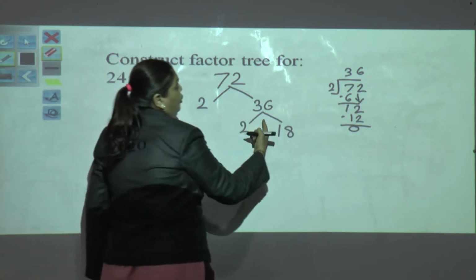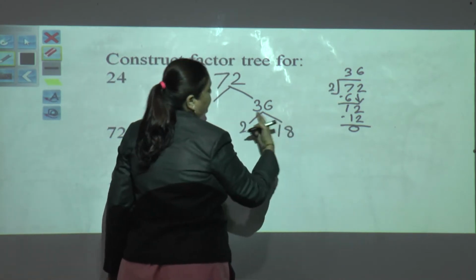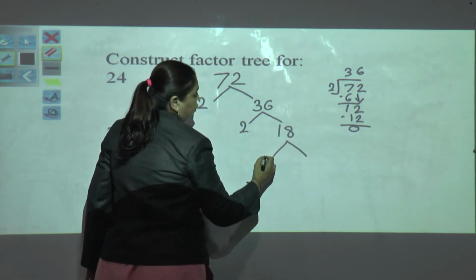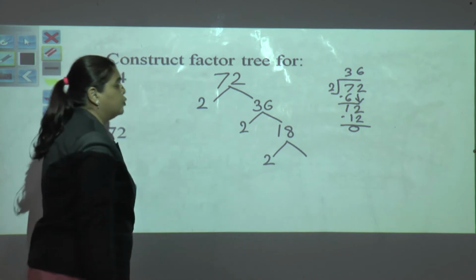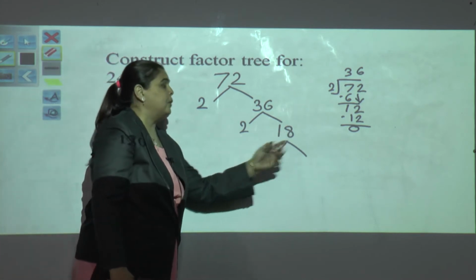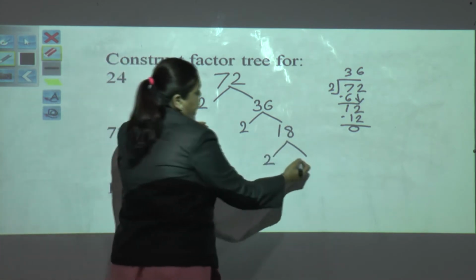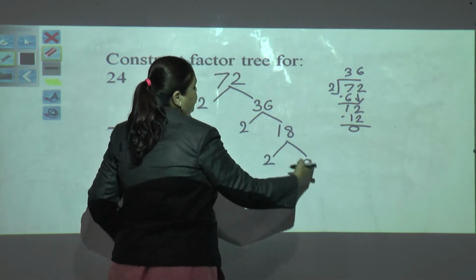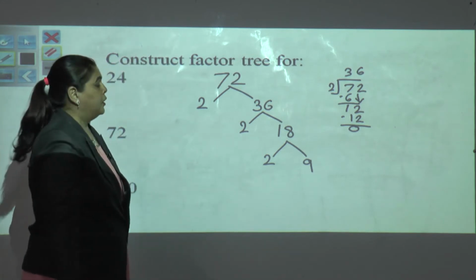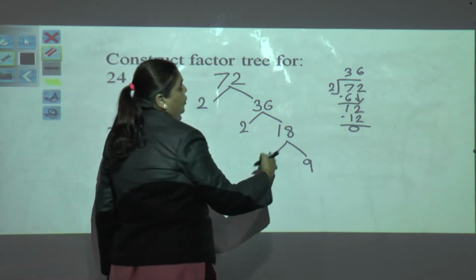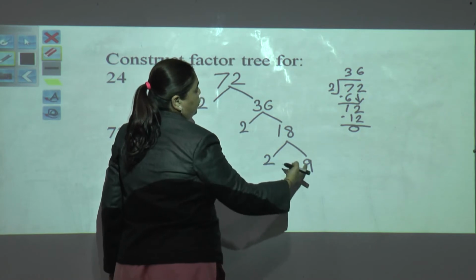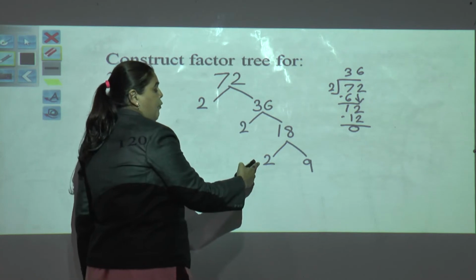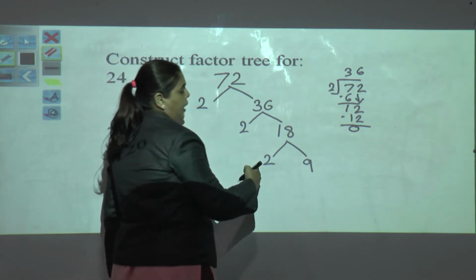So if you don't know, you can follow this method for 36 also. Now again we have an even number, so again we will go by 2. 2 how much are 18? 2 9s are 18. Because you are very familiar with this small number, you can directly do the factorization in your mind, do that multiplication and find the answer here. Now we can't have more factors for a 2 because it's a prime number.